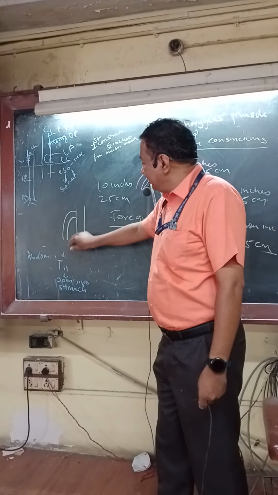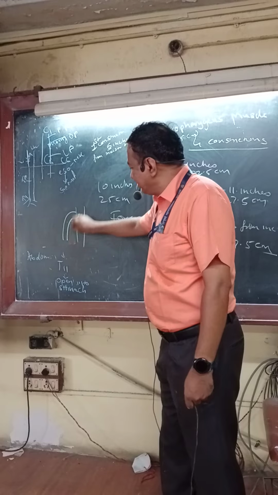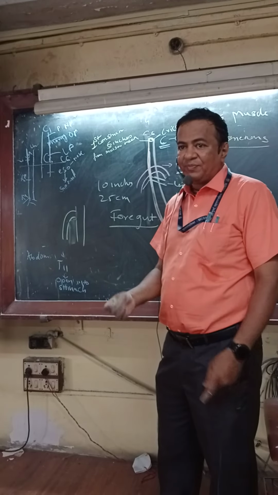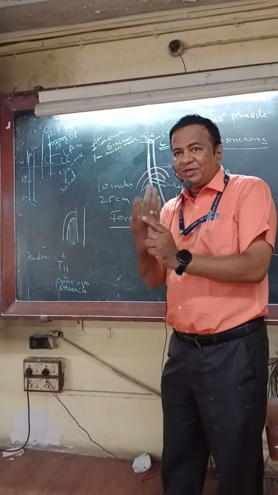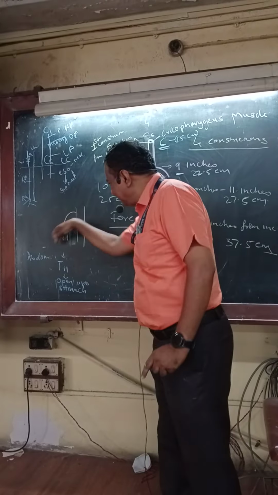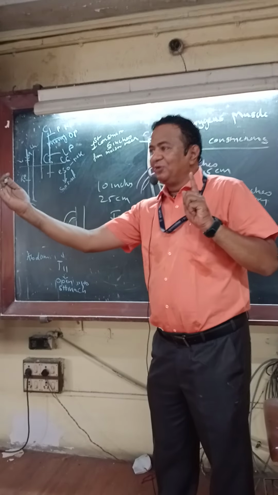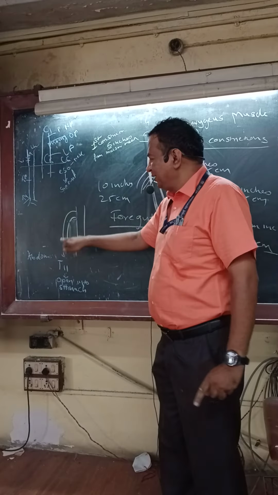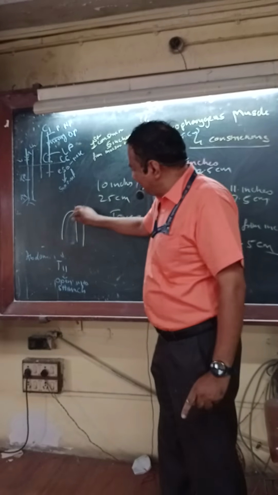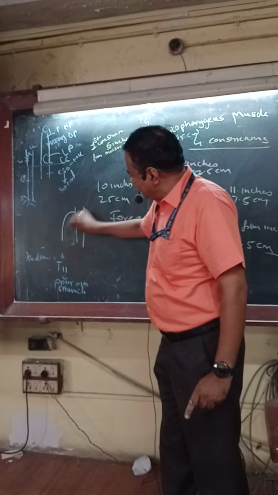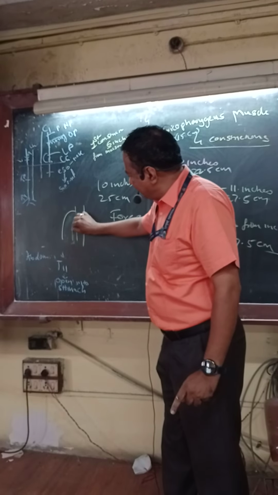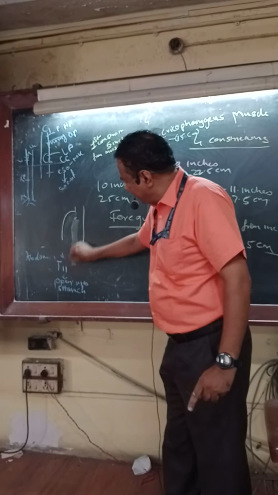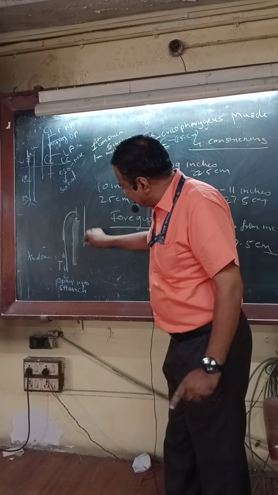Now this part in between is called the tracheoesophageal septum. Some people say the septum develops inside, and that is the one which divides the foregut into two parts. For your convenience I have drawn it like this. Actually it is more like this, a septum developed in between. Now here is a risk.